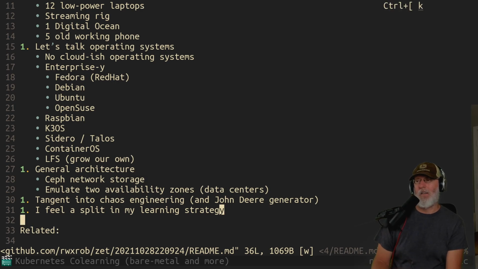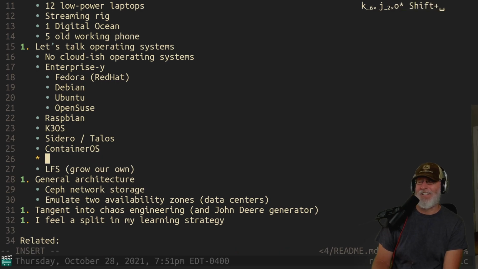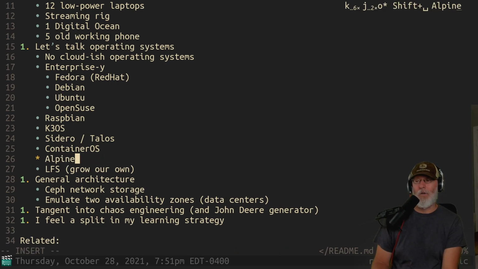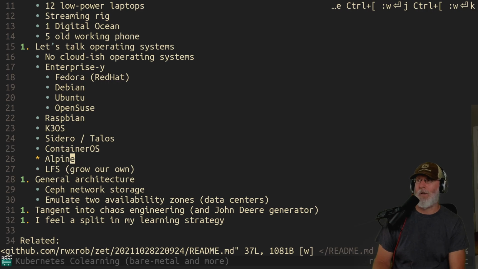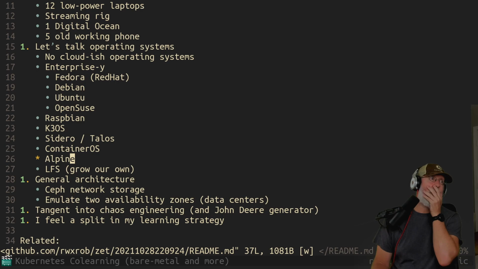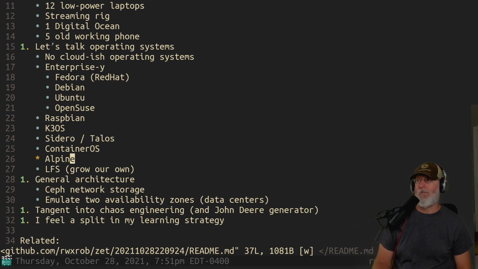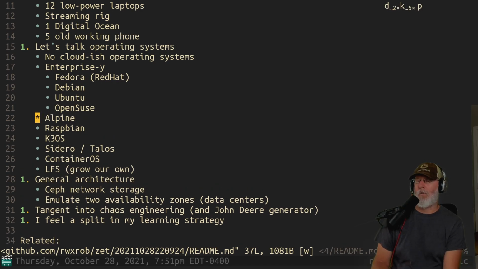I don't think Alpine is an OS. I mean, why the fuck not? God knows I love Alpine. I do. I've said it many times. I love Alpine. I just, all right, we'll try it. I mean, I don't see why it wouldn't be, because you don't need a lot of stuff on there. You just need the kernel, right? I actually would rather do Alpine than Raspberry. I wonder if Alpine on ARM is the thing.